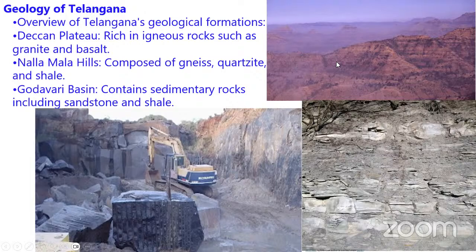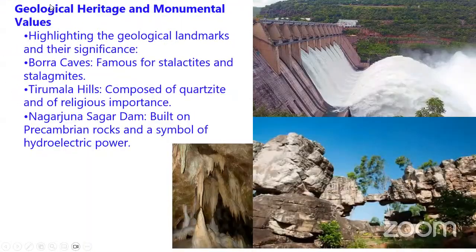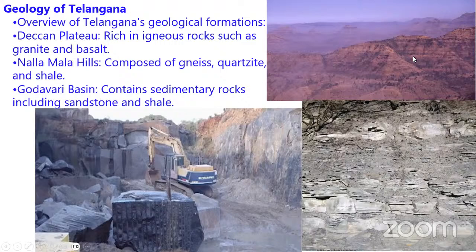This is the basaltic terrain which covers the western and northwestern side of the Telangana state. And you can observe here in this first slide, these basalts, the Deccan Traps basalts, cover the north side and western part. These are the basaltic flow hills. And when we come to here, this is the limestone deposits, and these are the granitic quarries. These three rock types are famous in the